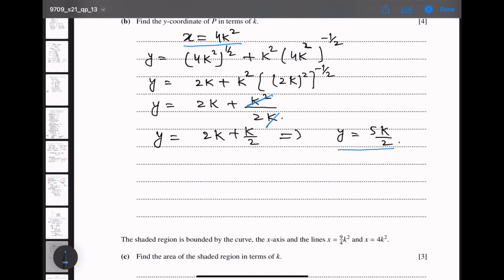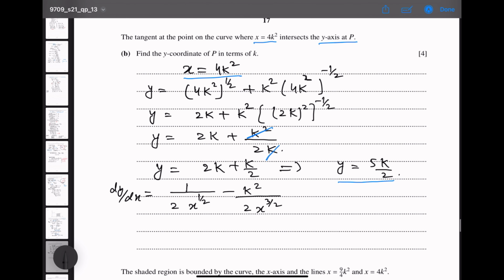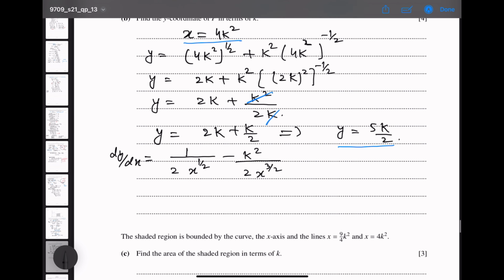Differentiating and putting this value of x, the gradient is, we have already found it in the previous part, 1 over 2 x power 1 over 2 minus k square over 2 x power 3 over 2. Now we will put this value of x. x is equal to 4k square. Putting this value of x in the gradient,